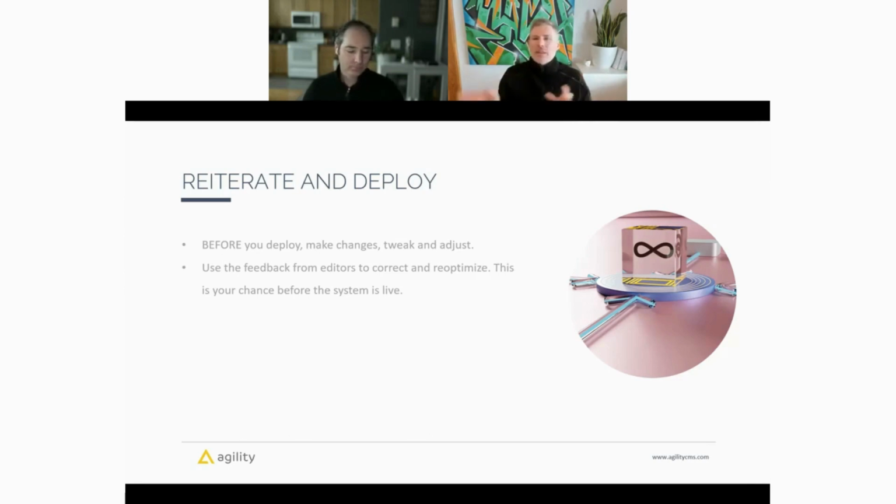This also works when systems are already live and you're reiterating and adding new content architecture and evolving your system, but the new changes haven't gone live yet. The new content models haven't gone live yet. You need to do that before they go live, because once they go live, you won't believe how freaked out